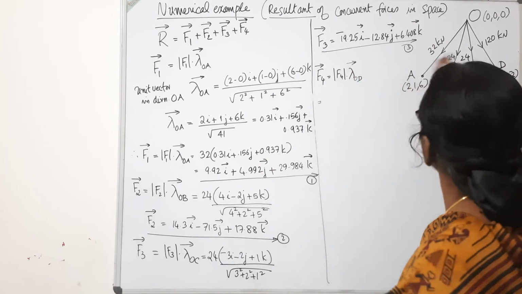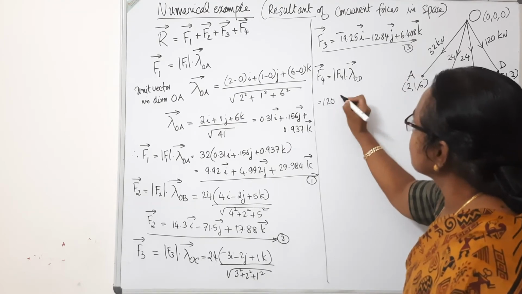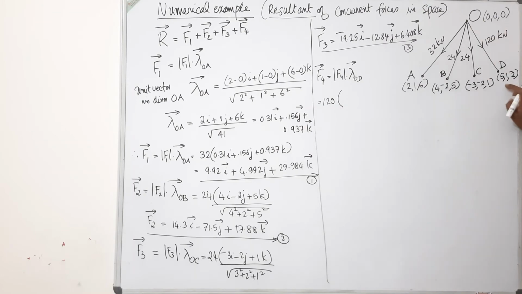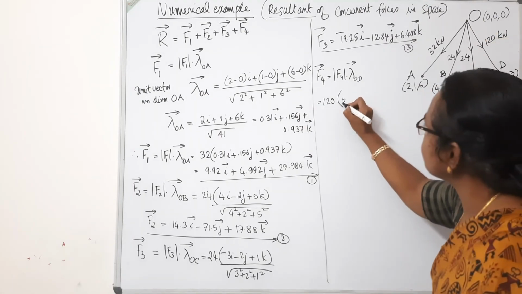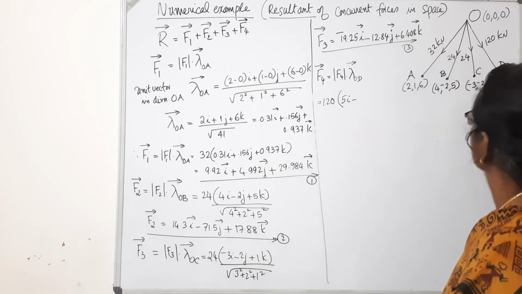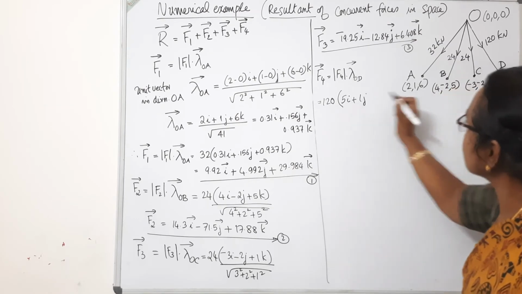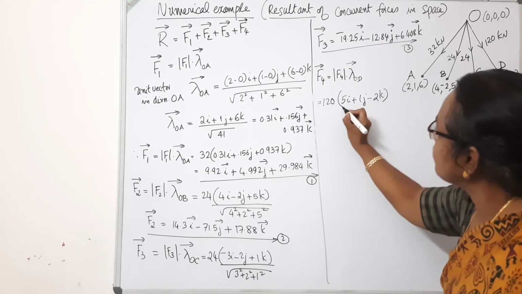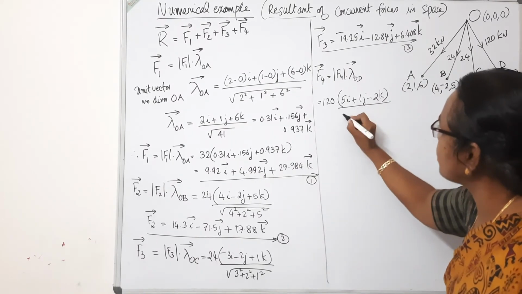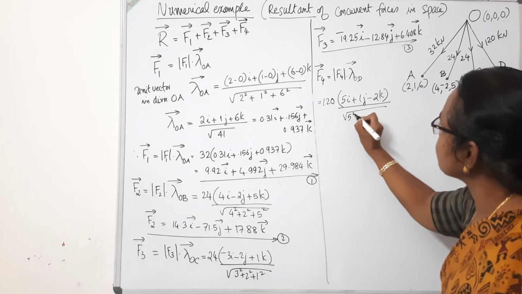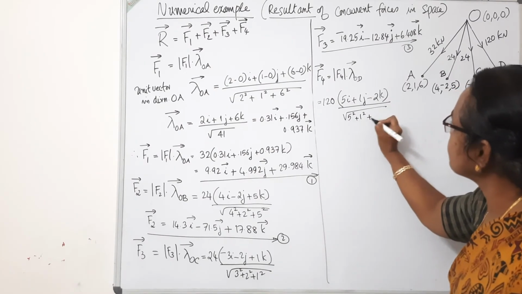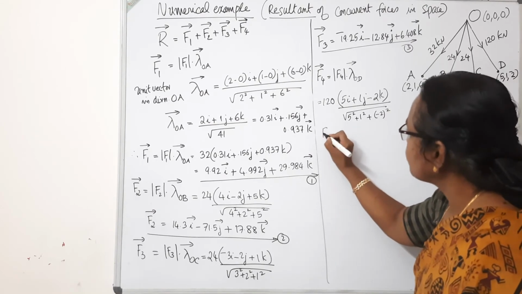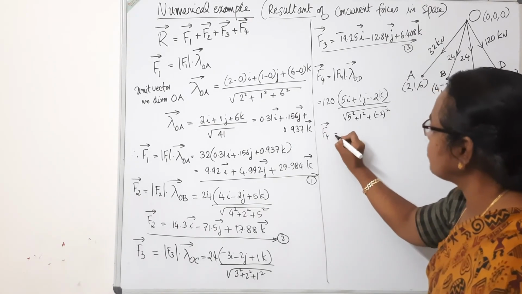So that is equal to the force magnitude 120 into the unit vector D minus O. D is 5, 5 minus 0, 5i plus 1j minus 2k, divided by root of 5 square plus 1 square plus minus 2 square. It works out to F4 is equal to